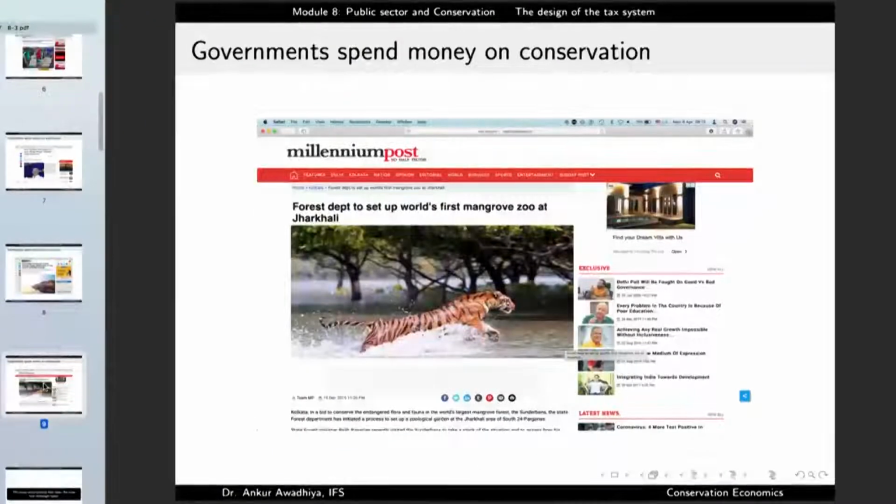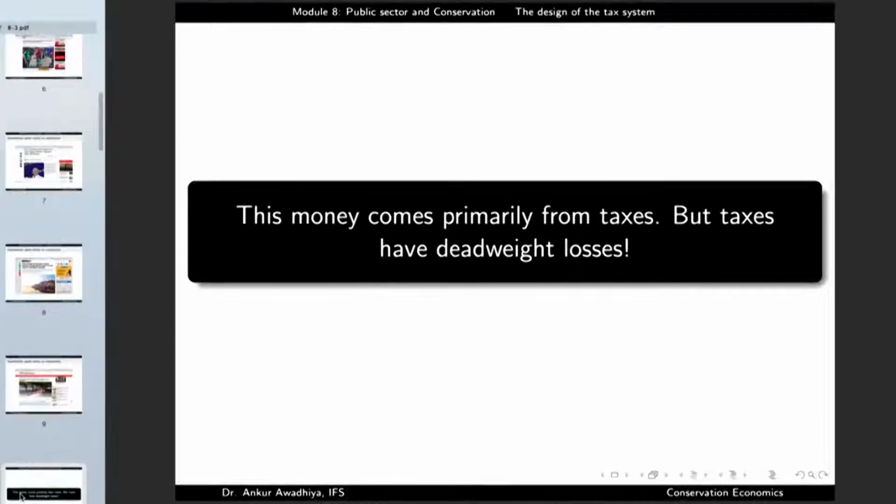Forest Department to set up world's first mangrove zoo at Jharkhali. All of these require money, and this money comes primarily from the taxes, which is why a study of taxes is very important for the study or for the implementation of conservation. Because we are getting money for all these conservation activities primarily from taxes, it becomes important to know what a tax is, what are the pros and cons of a tax,